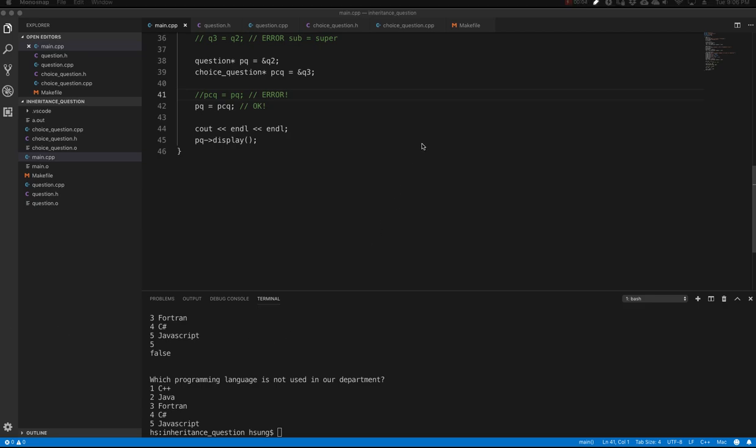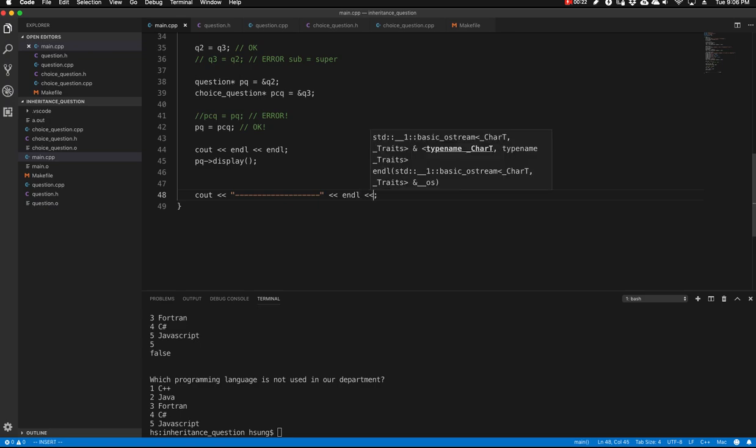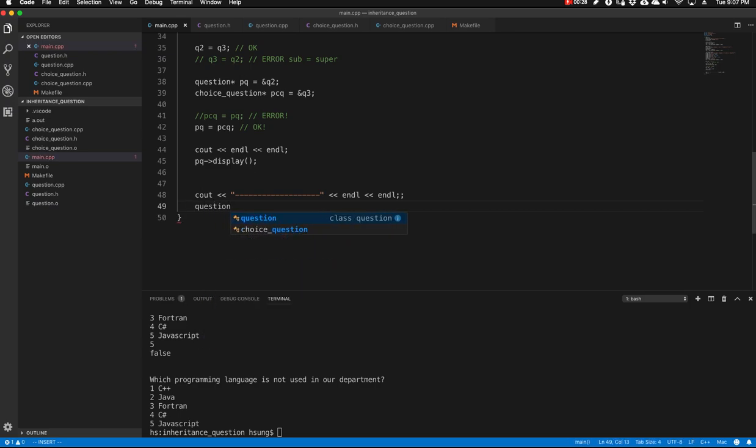Let me demonstrate the power of using polymorphism here. Let me give some visual line break there. One more endl. Then what I want to do is create a question pointer array called quiz with 4